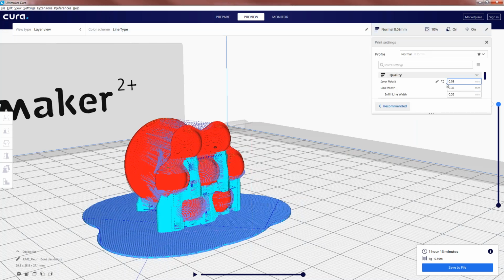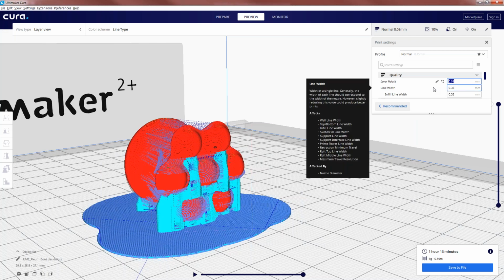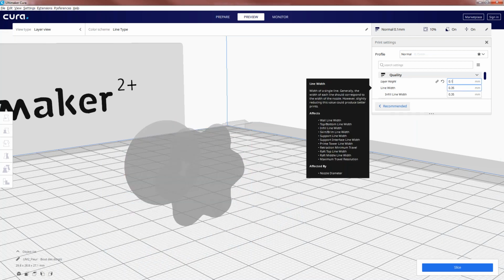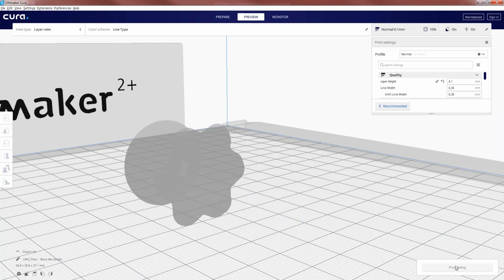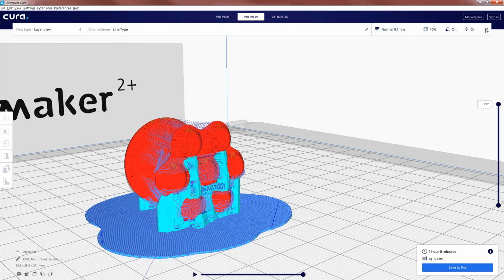You see, the layer height I have given is 0.08. If I give 0.1, the number of layers is different. It will be less. See, 277 only. Previously it is 345.